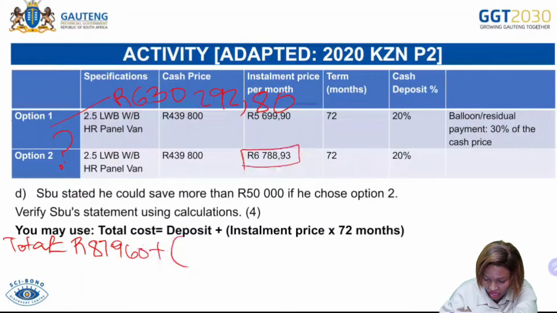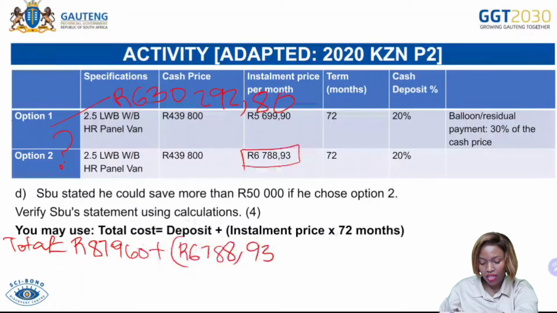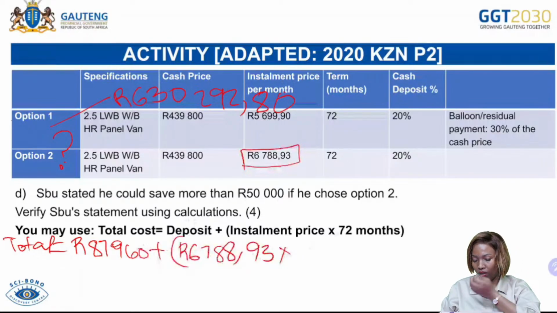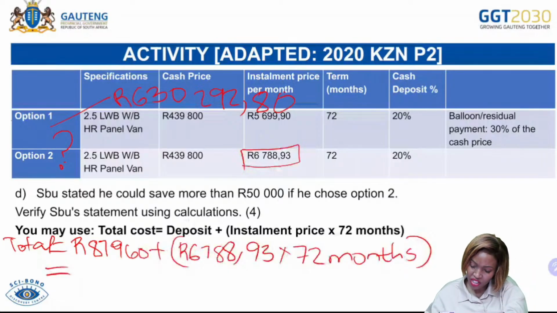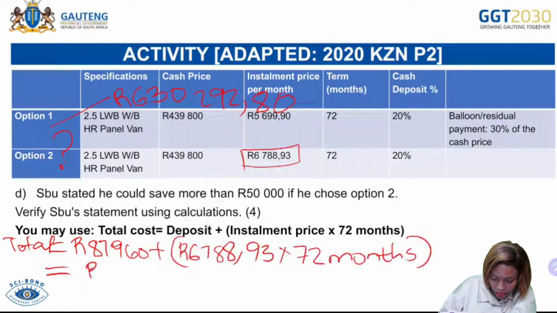It is 6,788.93 times the period. The period is how much? It is 72 months. Let's punch everything in the calculator. BODMAS: 87,916 plus, guys, remember BODMAS, please, open brackets, 6,788.93 multiplied by 72, close brackets. The answer is